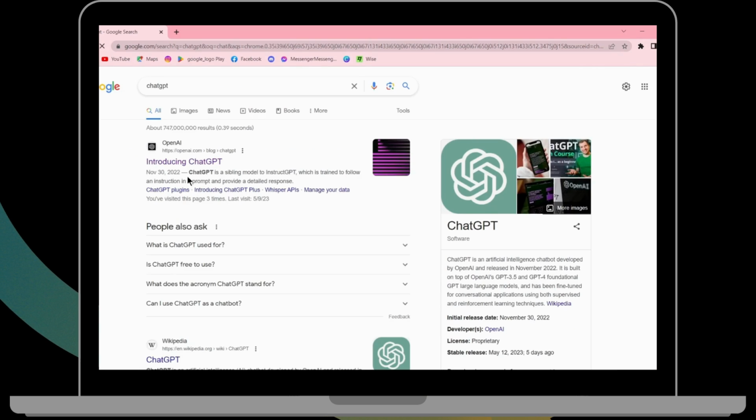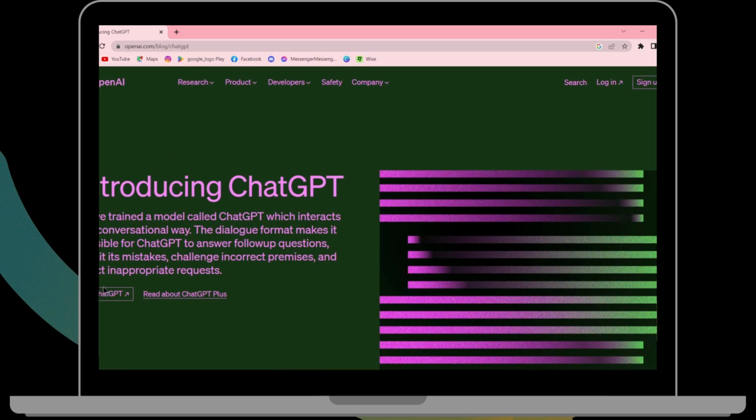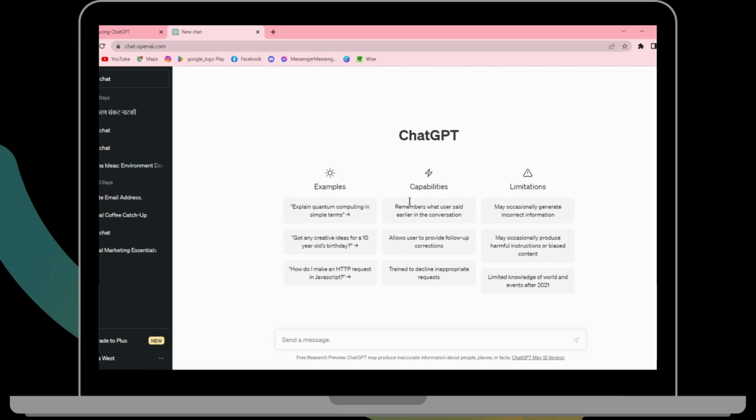And on the first search, you will have openai.com. Click on that, and then you will have the Try ChatGPT option. Click on Try ChatGPT, and after logging into your ChatGPT, just on this white space, right click on